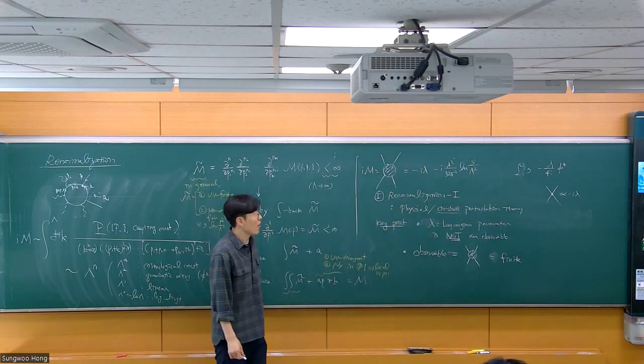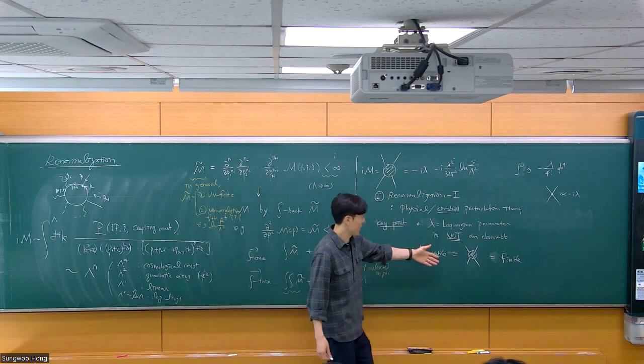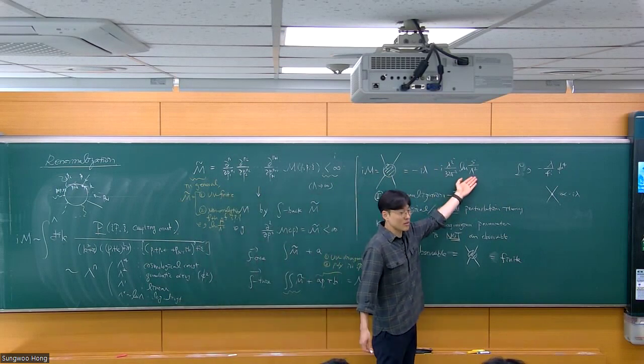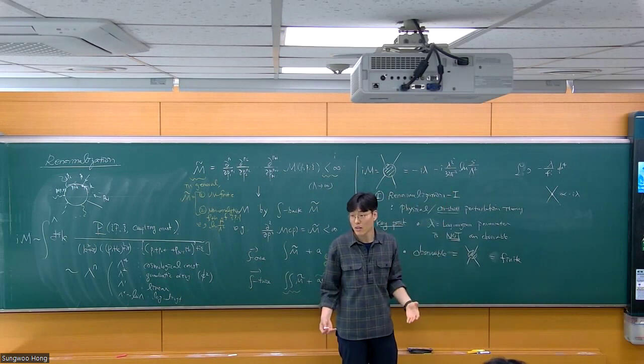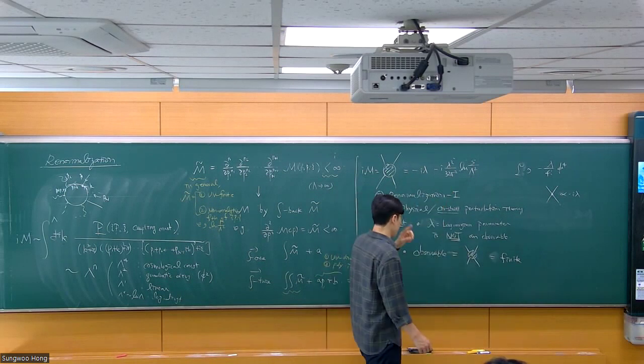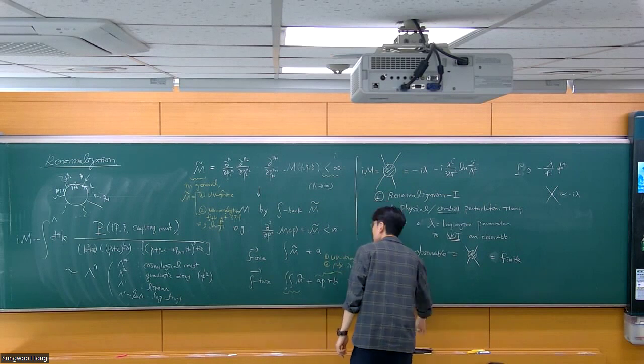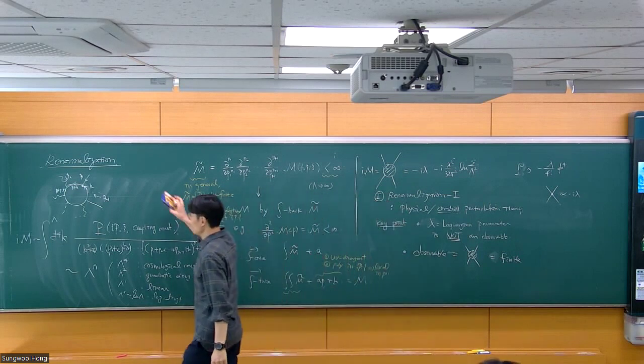But you might say, how do these two make sense? This definitely looks like UV divergent, and you tell me that this must be finite. What am I talking about here? Right? So the secret is that, therefore, to reconcile these two statements,